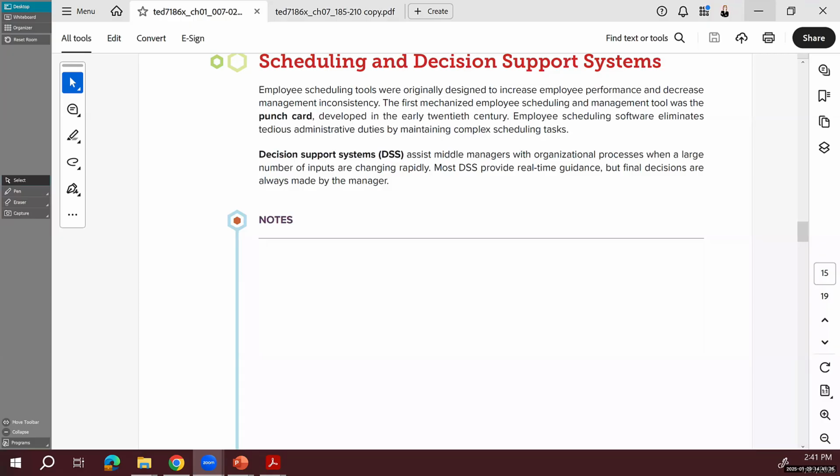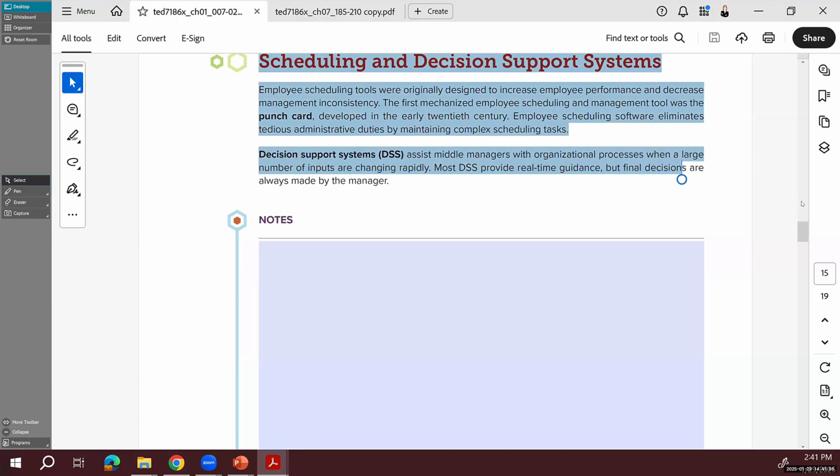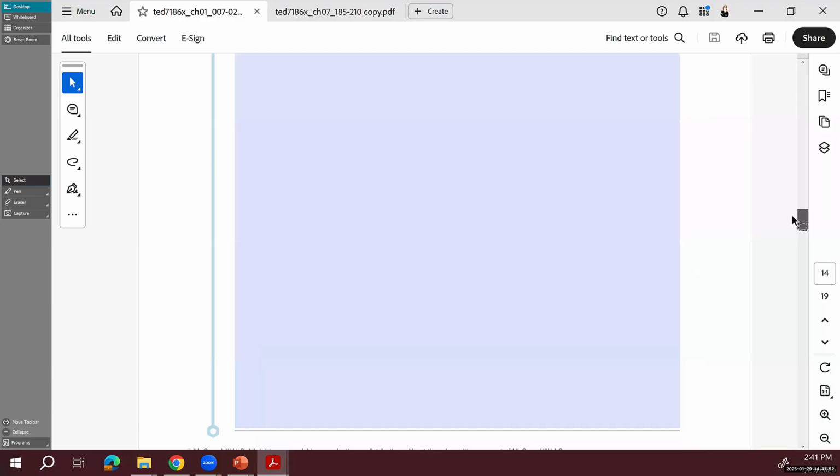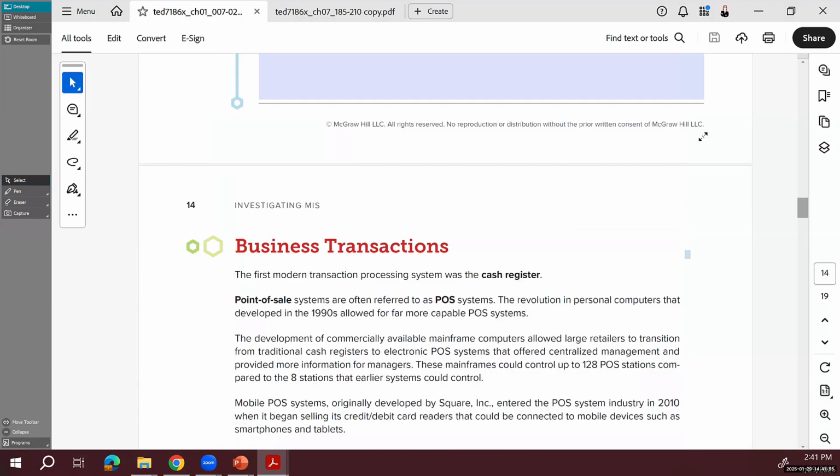Excellent. So I guess there were some issues with putting your notes in here. Since there is really no textbook, I still got a few questions last night, like, should I buy the textbook or should I buy Connect? You only buy Connect. I don't think there's a textbook with this, because McGraw Hill Connect doesn't have one. It's supposed to be all online. So the closest is this guide here. I recommend putting your notes in here because you have the information here, and that's the only reason I recommend it. But if you don't like it, you can put your notes somewhere else.